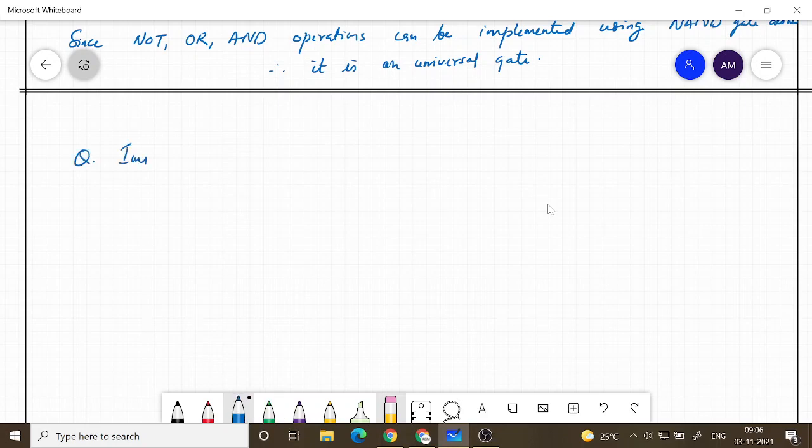Question: implement our function S is equal to A B bar plus A bar B. If it is specified minimum, then the above implementation is not satisfactory, using minimum number of NAND gates, 2 input NAND gates. Okay, let's say 2 input.